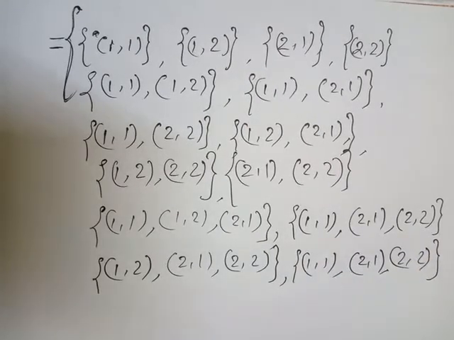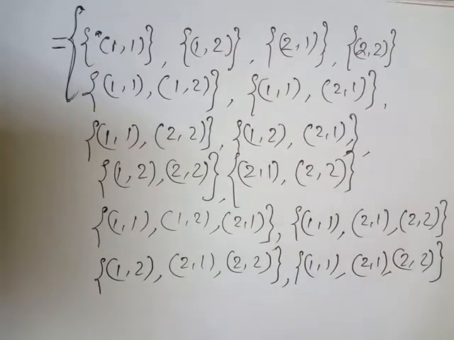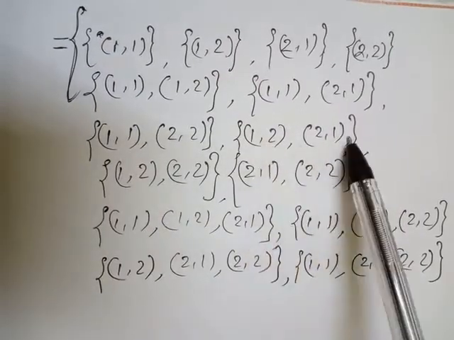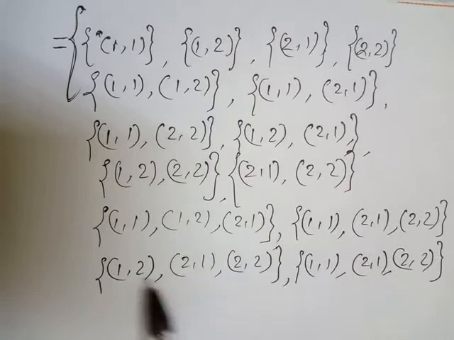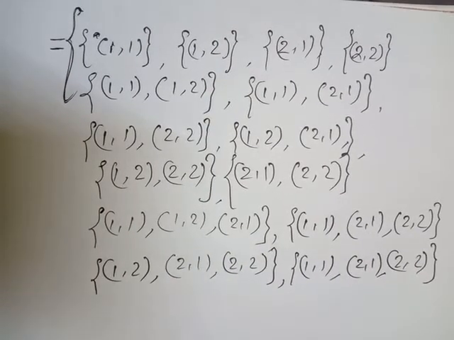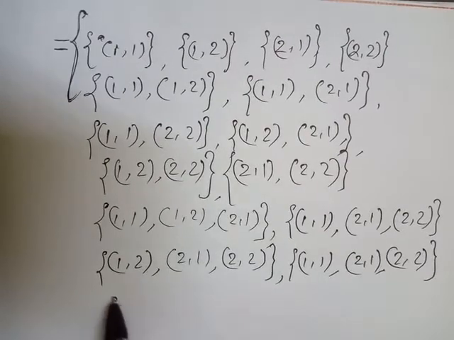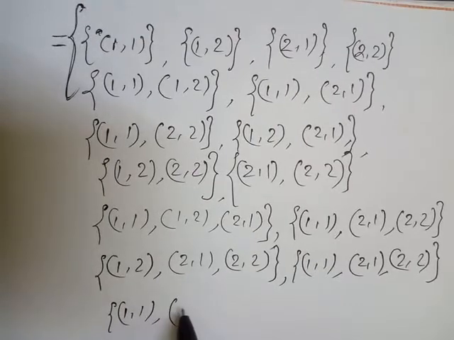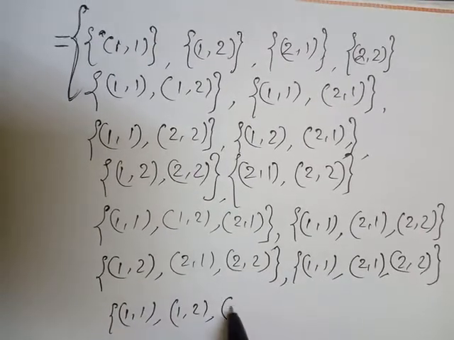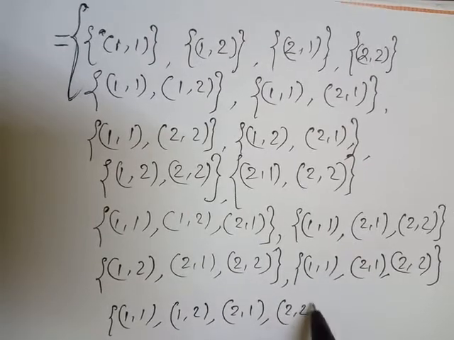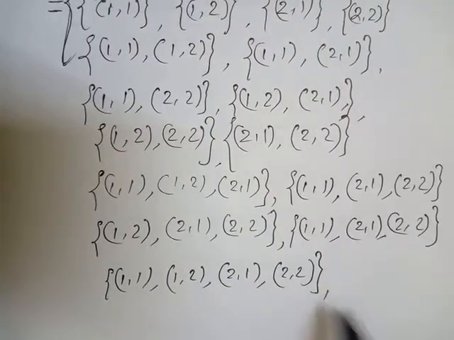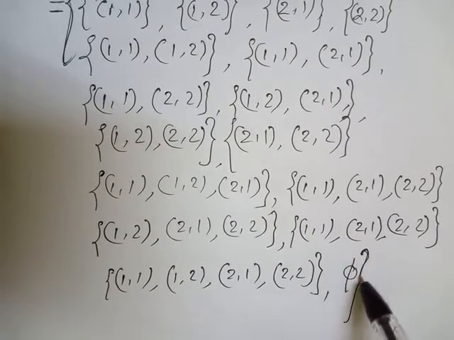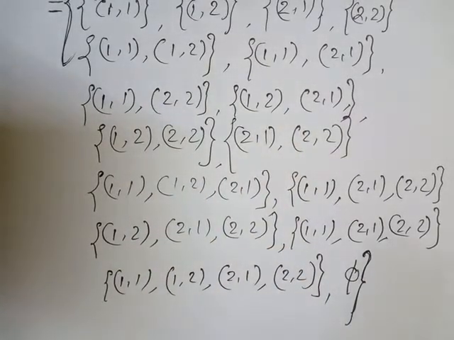Now let's have a look, students, how many elements are there. Look students, how many are the elements here? 1 2 3 4, now 5 6 7 8 9 10 11 12 13 14, now two more means the last one, (1, 1), then (1, 2), then (2, 1), then (2, 2) will be in one bracket, and the last one means null set, which means no elements taken. So these total are the 16 elements.